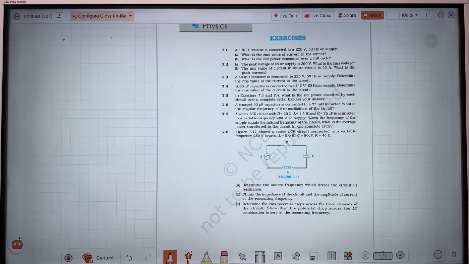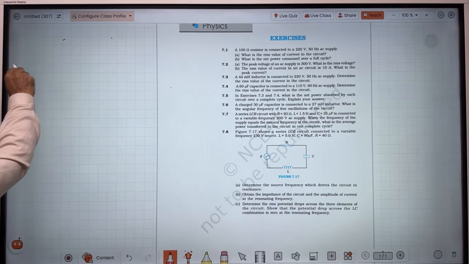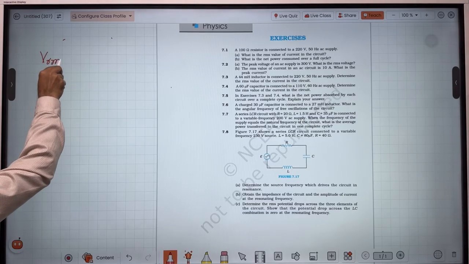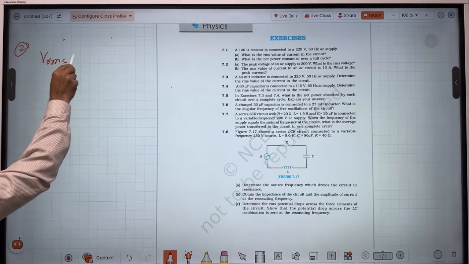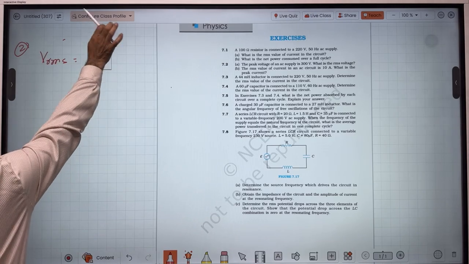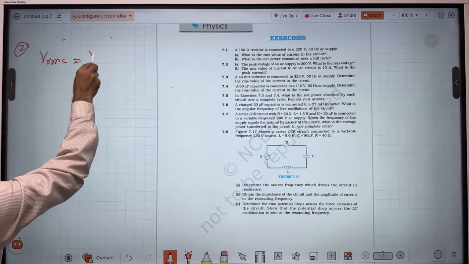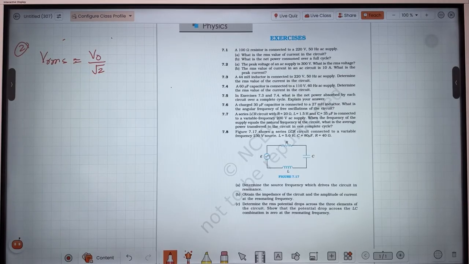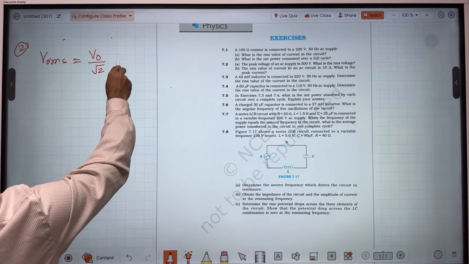The peak voltage of an AC supply is 300 volt. What is the RMS voltage? So VRMS is equal to V0 divided by root 2. Correct? And V0 is given as